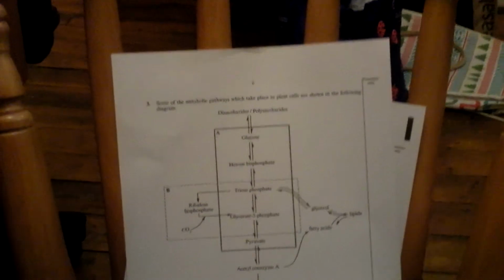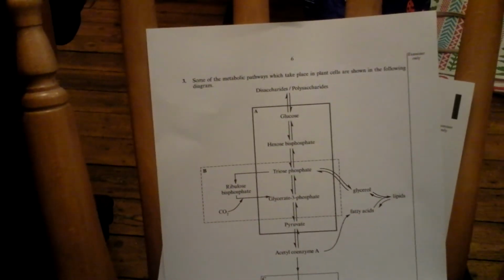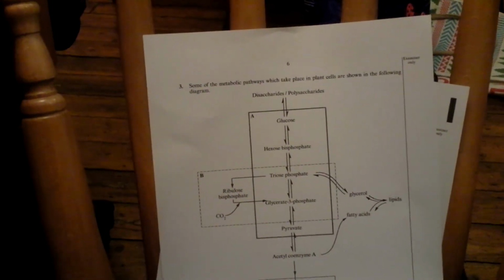Part C, plant cells also need nitrate ions to synthesize amino acids. State one other use of nitrates in plants. Well, try and think